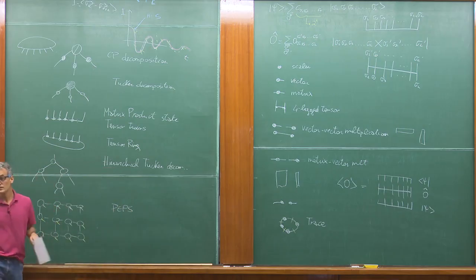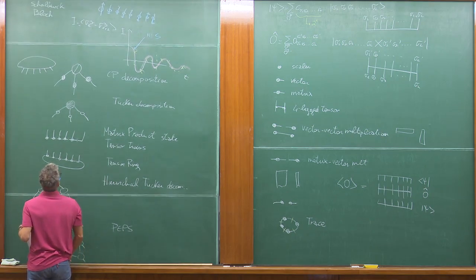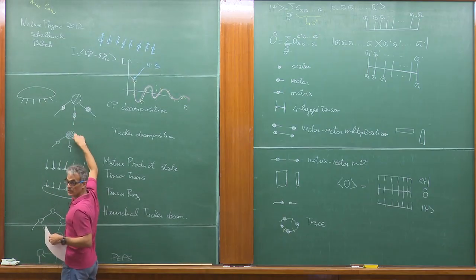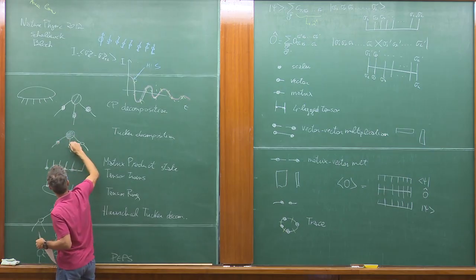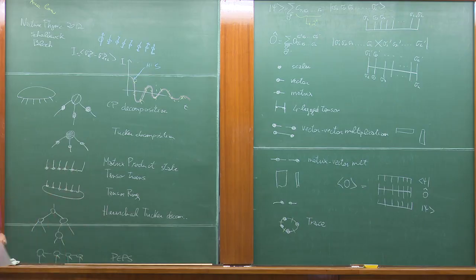But in general, yes? So what are the two big dots? Those are different in the CP and Tucker decomposition? Oh, no, it's the same. These ones? Yeah. The big dots are different, yes. Sorry, let me go back. This one we impose that is diagonal. And this one can be generic. Okay. So these legs are matrices or vectors? Yeah, so every leg you have indices, potential indices, okay?